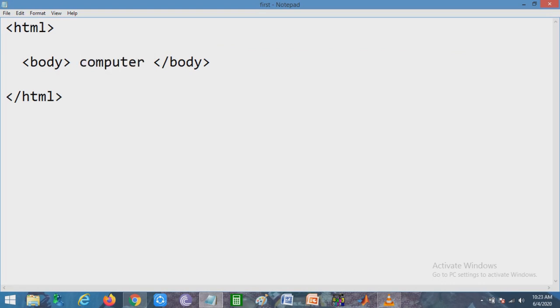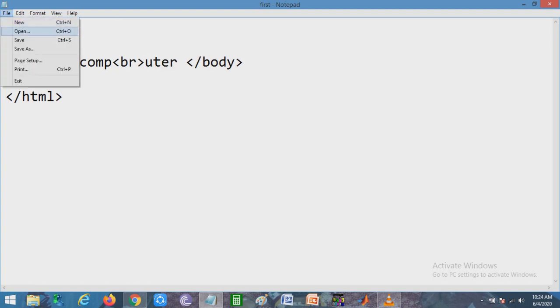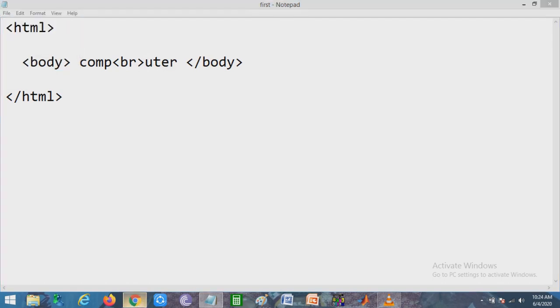Now we are taking the example of BR. We know the BR tag is known as an empty tag. So if we click here and write the BR tag, as it has only a start tag and does not have any end tag, we have to use BR in between, and if you save this HTML code and run it again on the browser, look at the output.